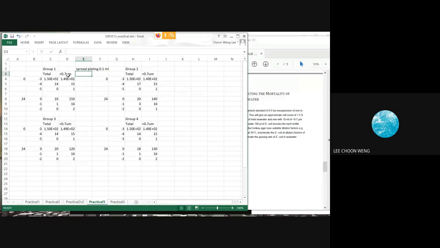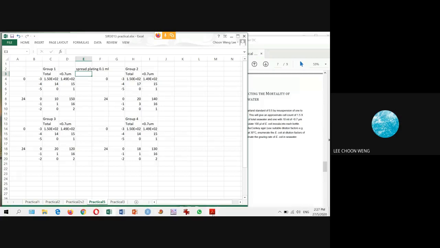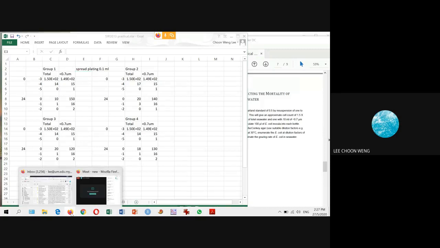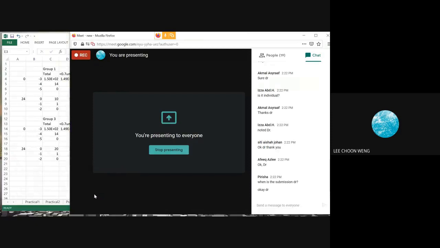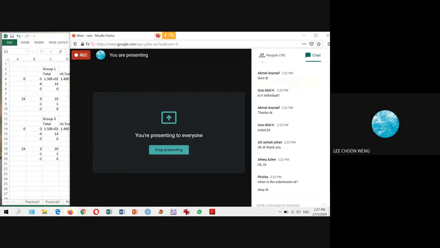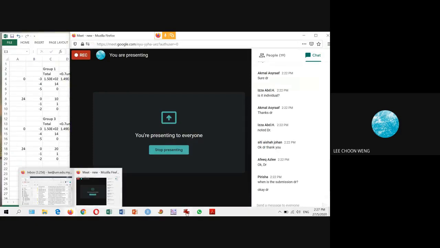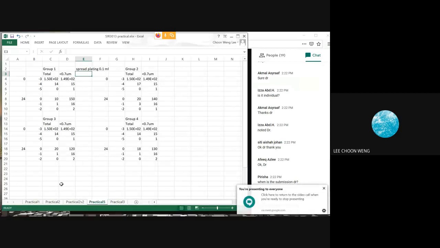Okay, so these are the counts you obtained. Then you incubate them, and after 24 hours, you obtain these results. Then you will notice that